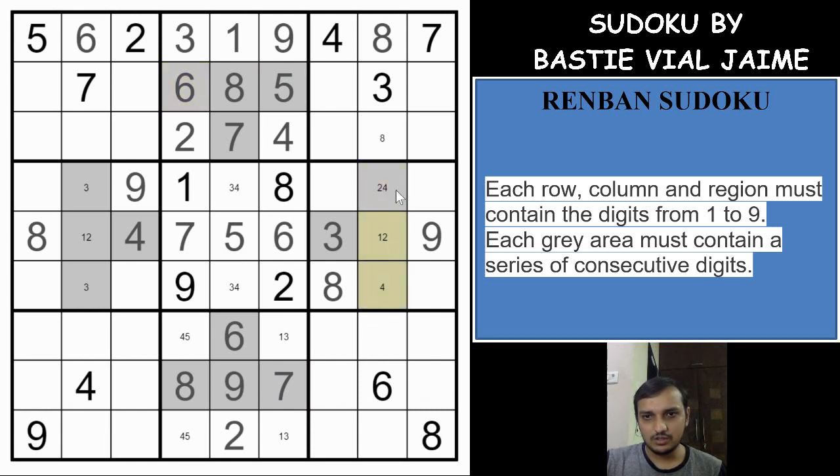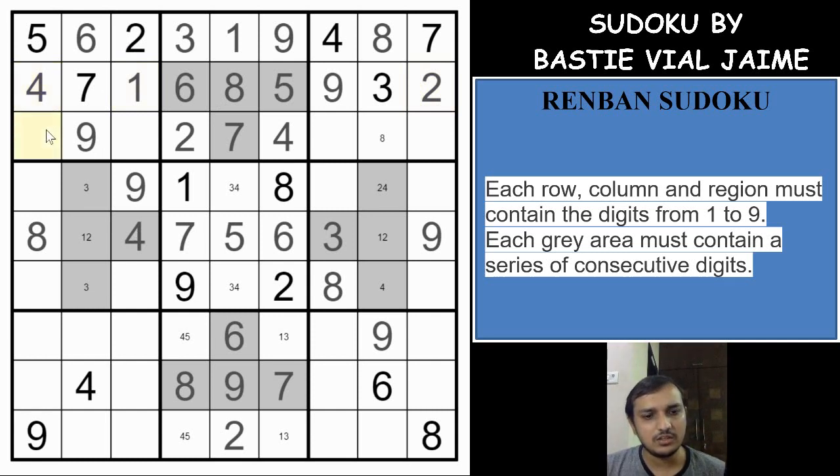Now let's focus on these 2 shaded cells, because these 2 shaded cells are already done. Now let's focus on these 2 shaded cells. So because of the classic rules, 9 has to be here, which gets a 9 here and a 9 here, right? Let's see this row now. 1 to 5 are the possibilities. Let's pencil mark them. Sorry, 1 2 and 4. So 2 is already there in this box. It means that 2 has to come here, and 1 and 4 has to be here because of this 4, right?